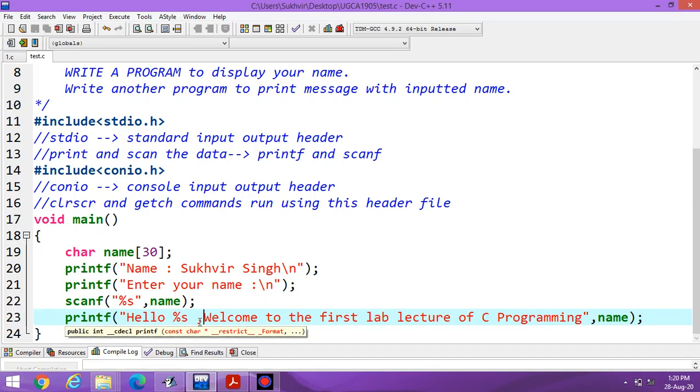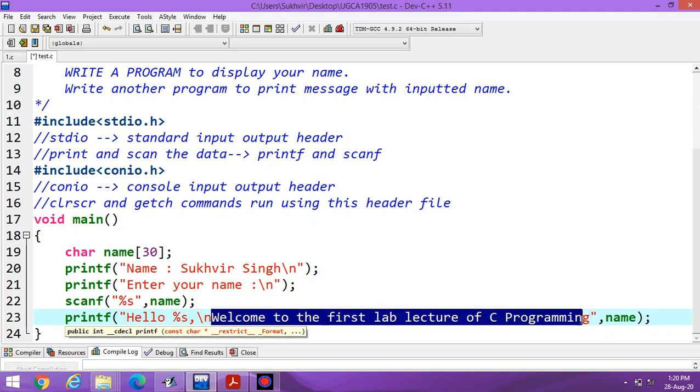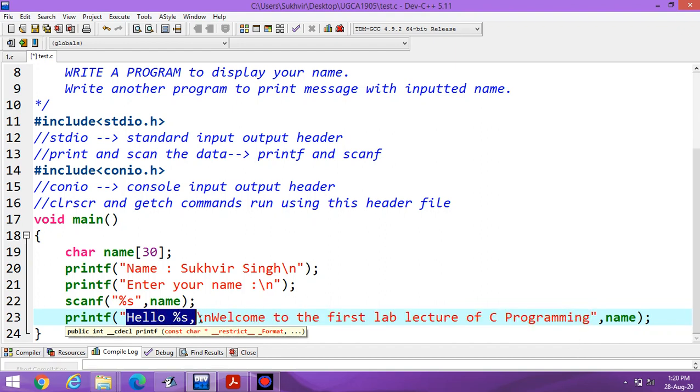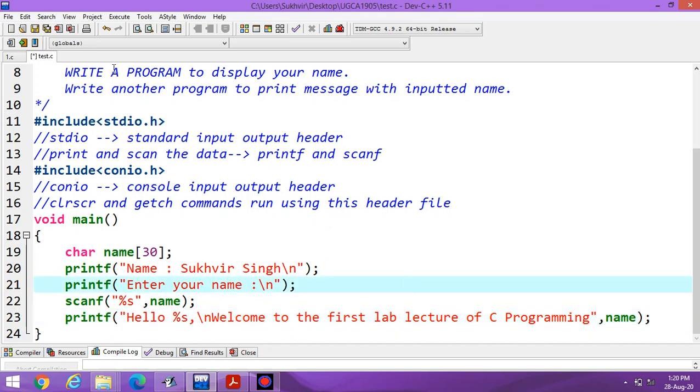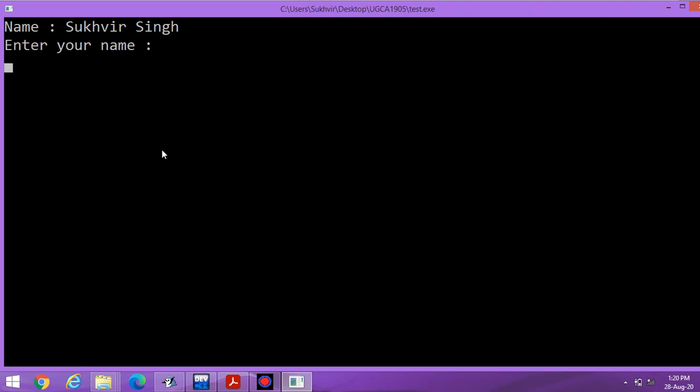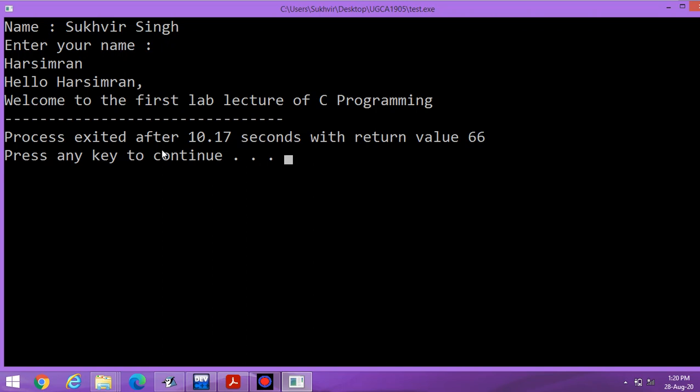Suppose you would like to display this content in a new line, then use backslash n. Now you can print this line in the next line and this one in the first line. Let's execute this. Let the name be Harsimran. Hello Harsimran, welcome to the first lab lecture of C programming.